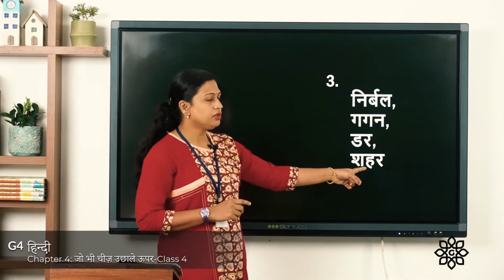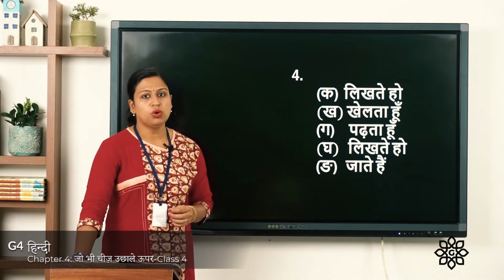Now the fourth one, jag, jagat, sansar. Their meaning is world. And the odd one is shahar. Shahar means city. So this shahar word you have to circle. I hope you all have done it. Now let's move to the fourth exercise. That is sahi shabd par sahi ka nishan lagaiye. Tick the correct word. So you can see in the bracket two options are given and you have to tick the correct one. The first fill in the blanks is tum kahani dash.